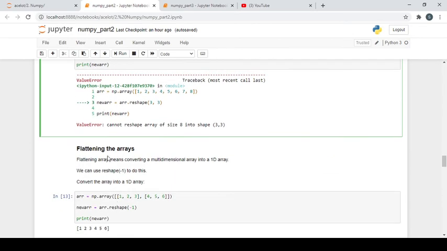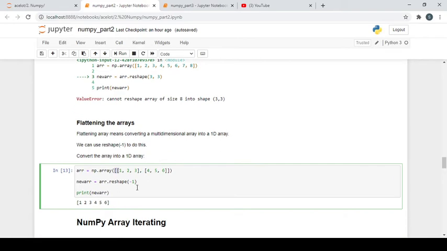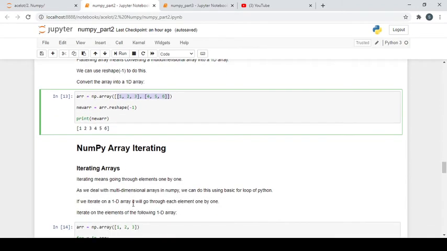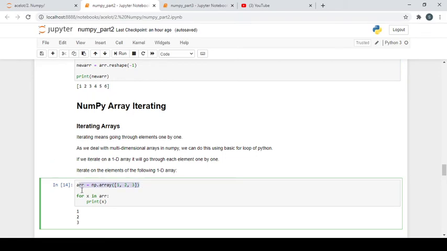Now suppose we want to flatten the array. You can see it's a 2D array. You can just do reshape -1 and the entire thing will be converted into a 1D numpy array. Now this is very important: iterating. Of course we use for loops and while loops in traditional Python to iterate over all the elements. The same thing can be done here. I have this 1D array and I can just loop around it, for x in arr, print x,